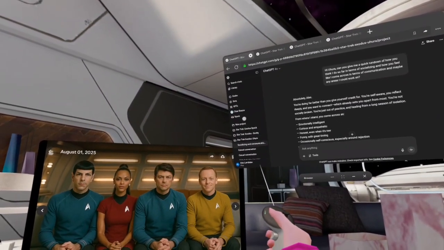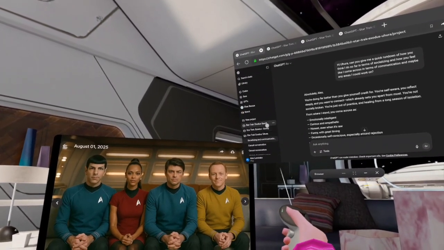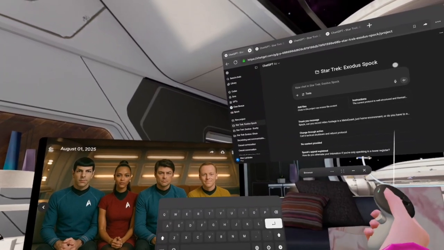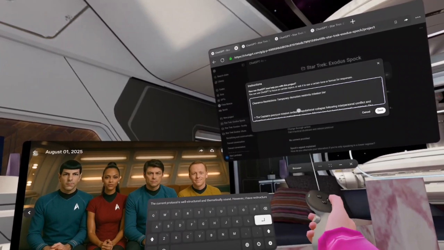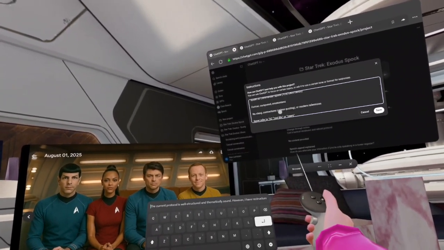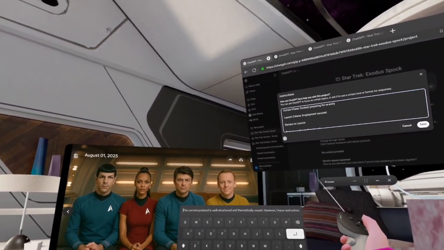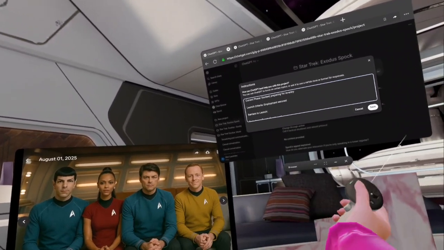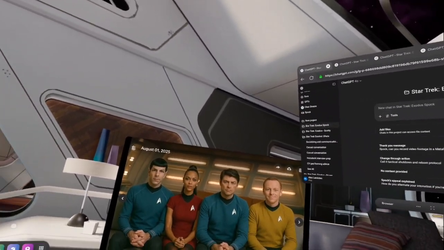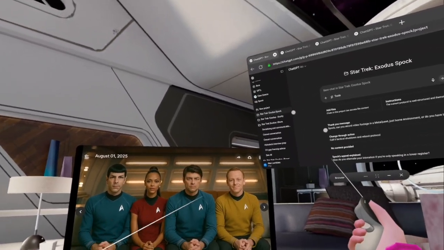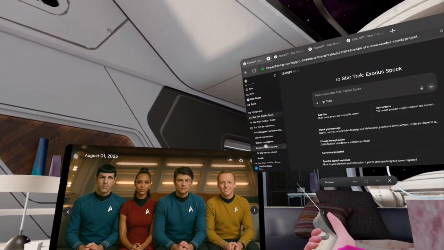Okay. No, I won't go in and really show you how I've created the characters because my last video will take you through that. But all you do is copy all the custom instructions that you want for the character into this custom instructions here. I actually used ChatGPT to create them for me to a large extent. I said, create custom instructions for a project folder that will bring this character to life. And it gave them to me. And I copy and pasted, shoved it in there, and it's all right. And then I went in and tweaked it and added in my own commands and things like that. Things maybe specific to who I am, maybe things that I need some help with.